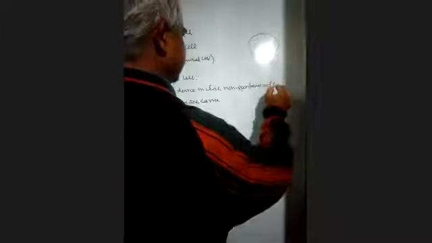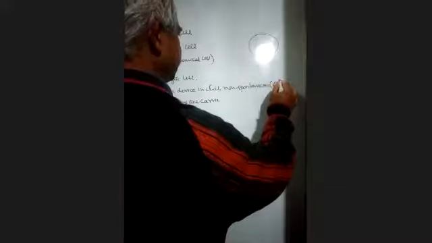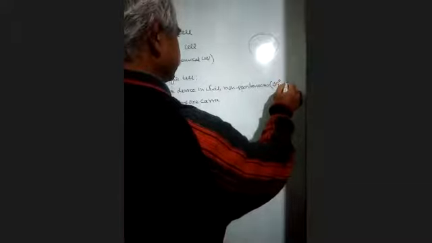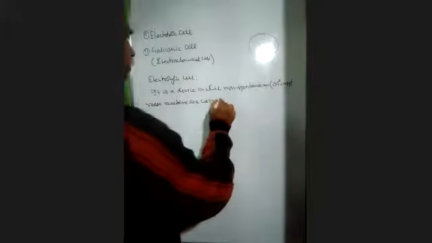Non-spontaneous means what? Thermodynamics, you know, no? Delta G is equal to what? Positive. It is a device in which non-spontaneous redox reactions are carried out